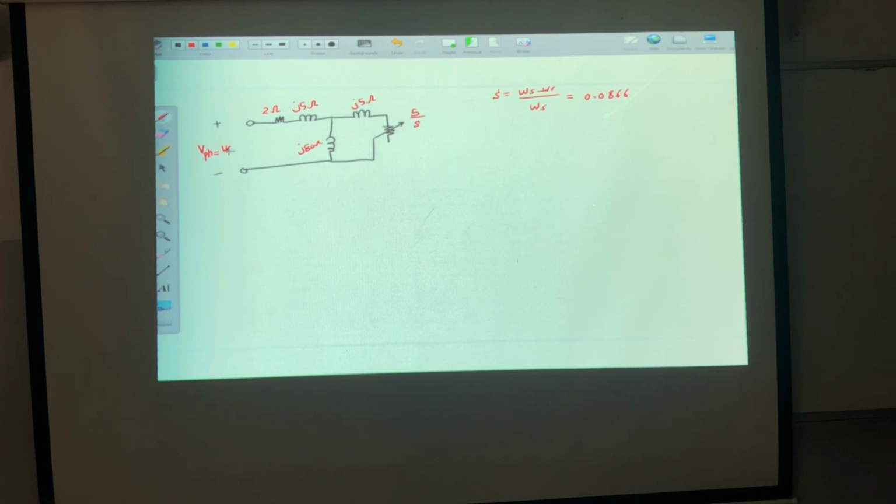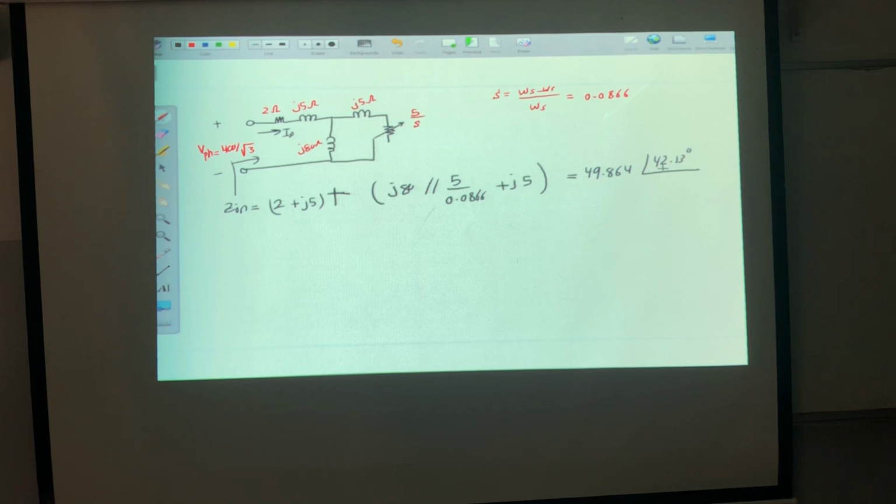Now, the voltage here is the phase voltage. This one will equal what? 400 over square root of 3. So if I need to calculate IS, which is this current, what will I do? I need to find Zin. Can you find Zin for me? So the first thing, I will calculate the parallel of the j80 with the rotor. Then I will add it to the stator, and I will find the Z input. If we do the math, this will equal 49.864 with angle